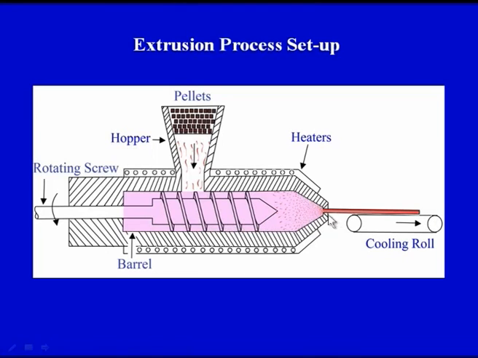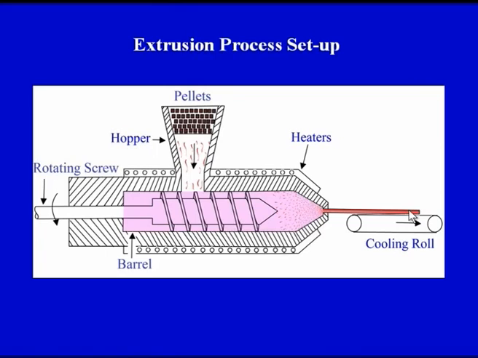This would be feeding the molten plastic to the die opening, and this die opening will correspond to the final shape of the product, and the final product on your screen is coming out. Now since the molten plastic would be at an elevated temperature, we would be requiring a cooling roll to cool the molten plastic. So basically here also the three stages are common.